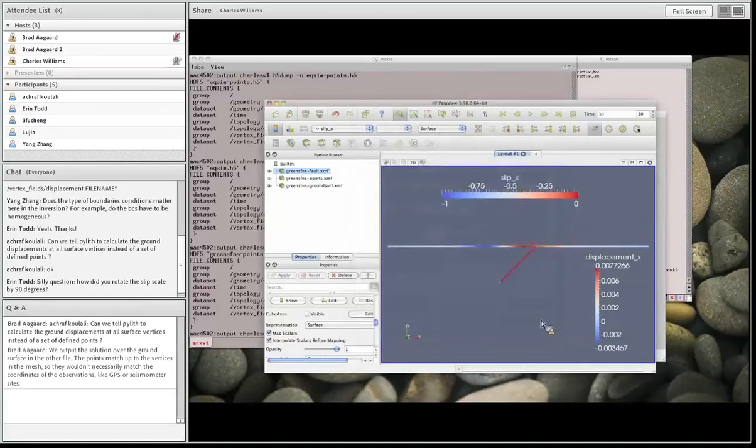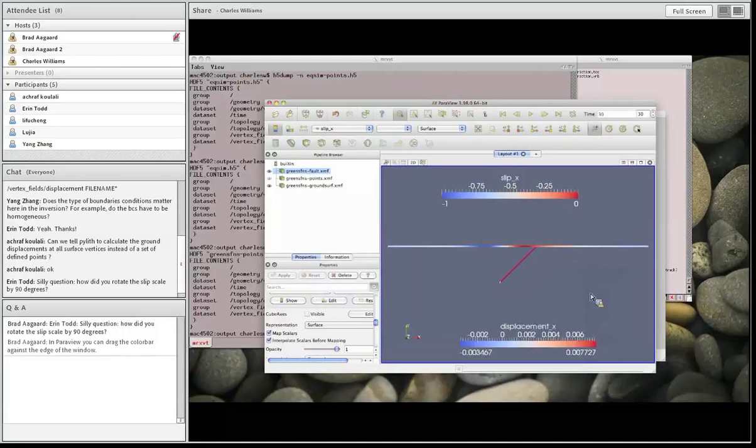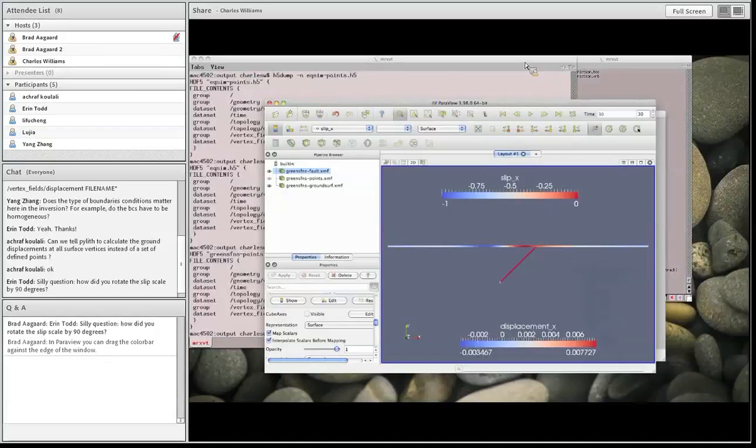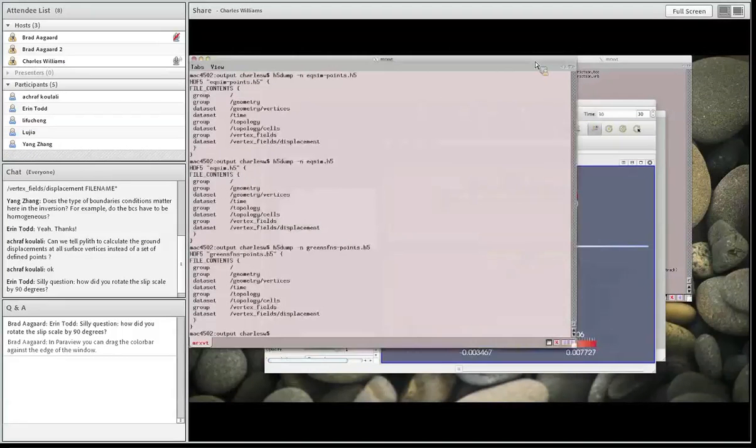Yeah. So that's the easy way to do it. You can just like that. Any more? Okay. Shall I move on to the 3D hex8 example? It will actually be pretty quick because